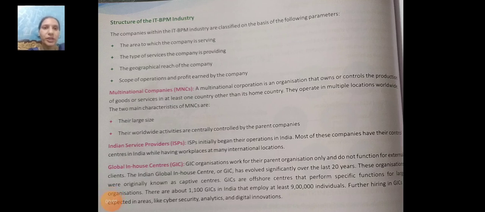Good morning students. In a previous class we discussed the ITES industry, and today we will learn about the structure of the IT BPM industry. The IT BPM industry is classified on the basis of the following parameters. First is the area which the company is serving. Second is the type of services the company is providing. Third is the geographical reach of the company, and fourth is the scope of operations and profit earned by the